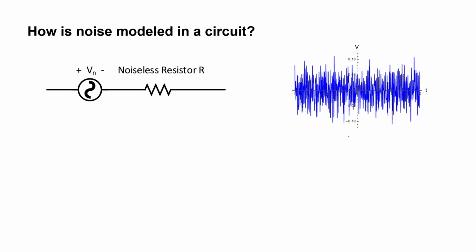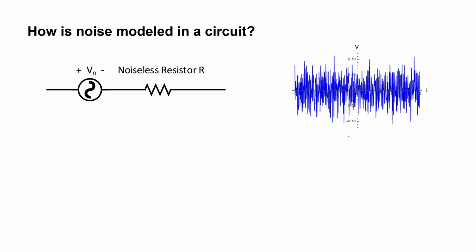What I'm going to do right now is to simply represent the noise as a voltage source. That is, it's a source of power. In the case of thermal noise, that power is coming from the thermal bath in which the circuit sits. On the other hand, since we have a source of power, we also have to somehow dissipate that power. So I'm going to include a resistor here in our model. We'll call it a noiseless resistor because taken together, this little source of power and our noiseless resistor can be considered just a simple section of conductor that has a particular resistance.